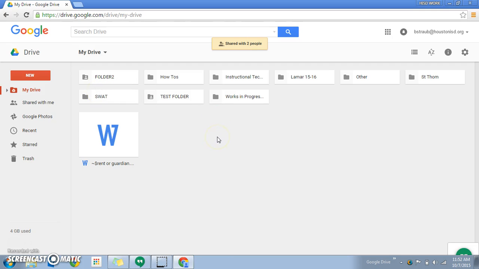If somebody shares a folder with you, it should come through your email notifying that somebody has shared a folder. The first thing you have to do in order to access a shared folder is log on to drive.google.com